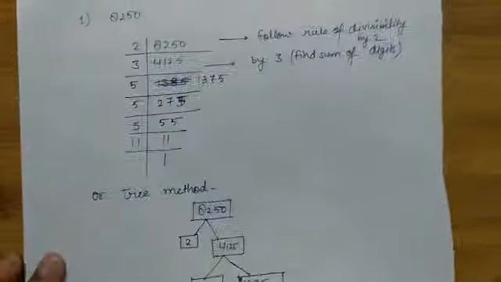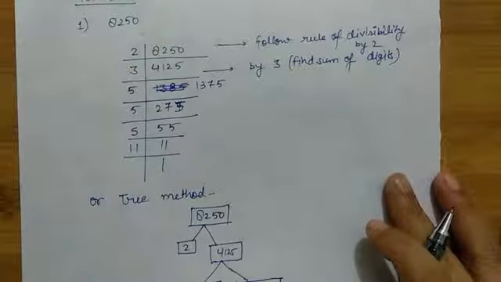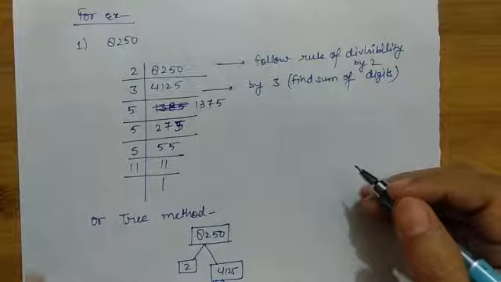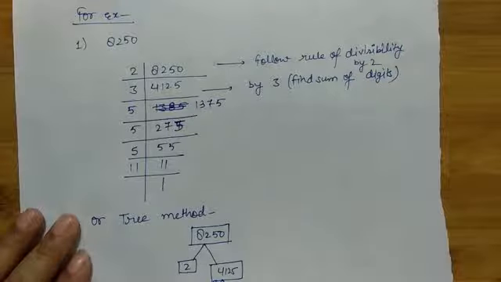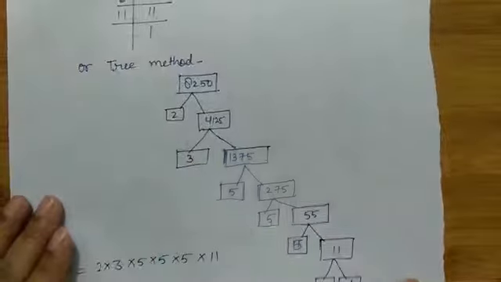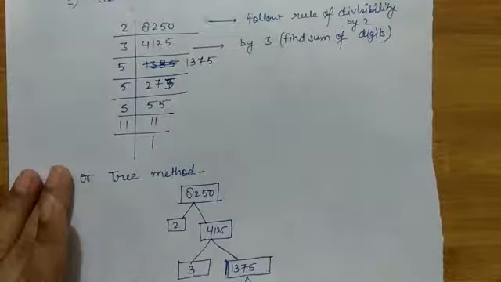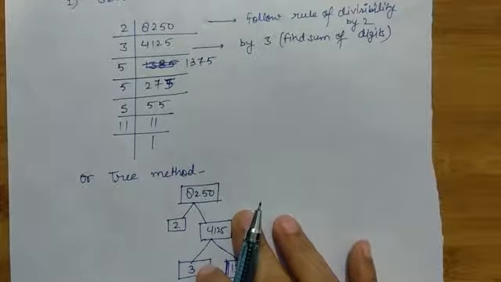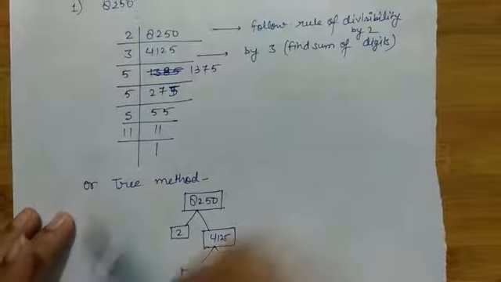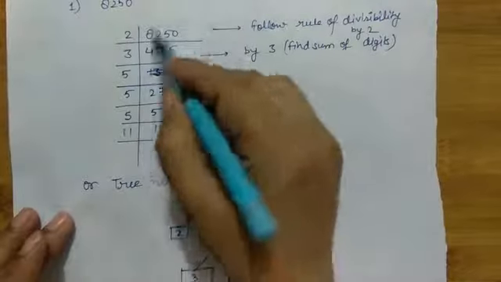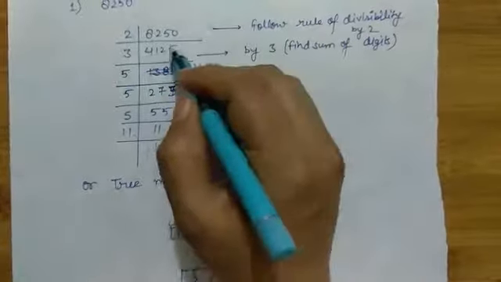Now for the example, to understand it clearly, I hope you have done a little part in class 5, but I am going to explain it in two methods. The first is the tree method, and this is the column method. You have to apply the rule starting from 2 and going up to the maximum prime number only. Here you may see that only the prime numbers are here, and here is the quotient which you get after a division.